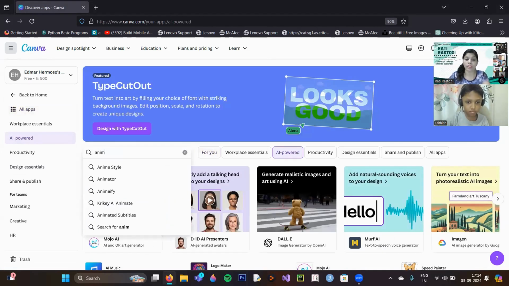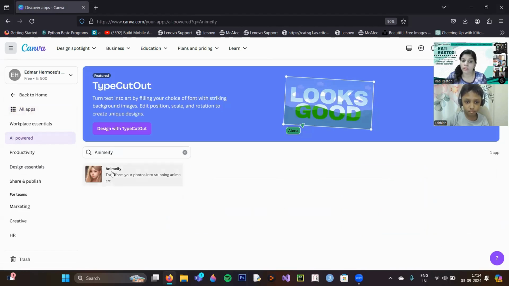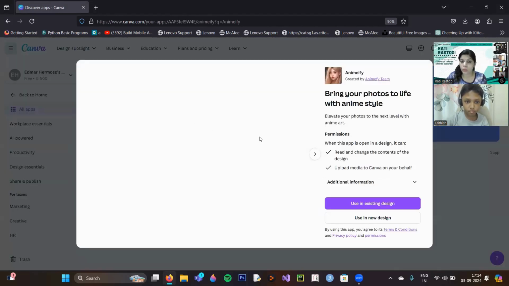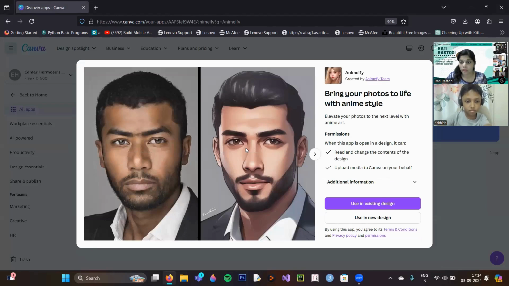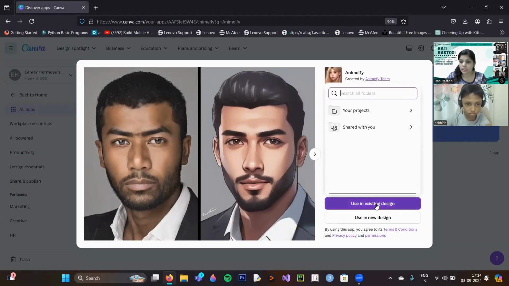We have different types of anime. First of all, I'm telling you Animify, in which you will convert your picture into a cartoon picture just like a sketching. So it will convert it something like this. Just click on this use in a design. After that, click here